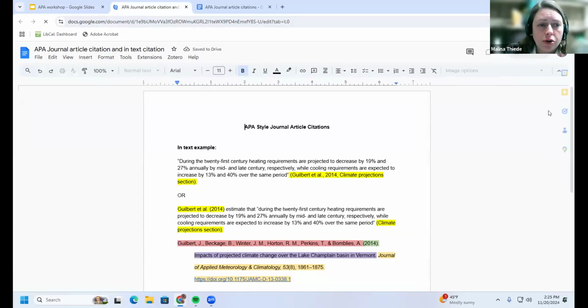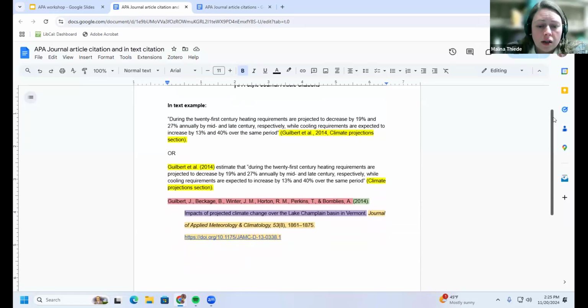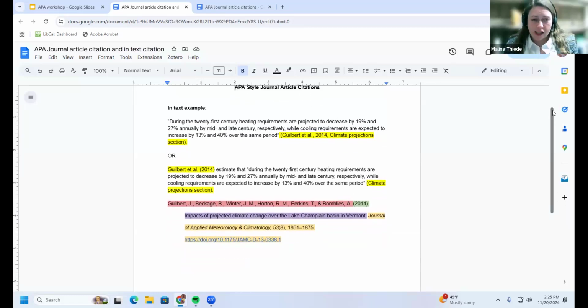So let me also show now how you would do an in-text citation for this article. I'm barely scratching the surface in terms of how to format citations and in-text citations, because I have here the APA manual, and I believe it has over 100 different examples of different types of resources to cite.